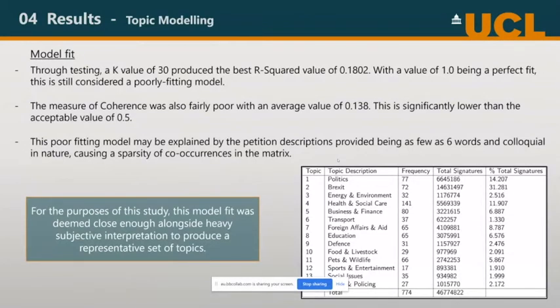of topics. Just to run you through that table to your right, because the best fitting model had 30 topics, where topics were quite similar to one another, I just combined them together so that I didn't have a 30 topic multivariate data set. And as you can see, health and social care was the most frequently petitioned about topic.